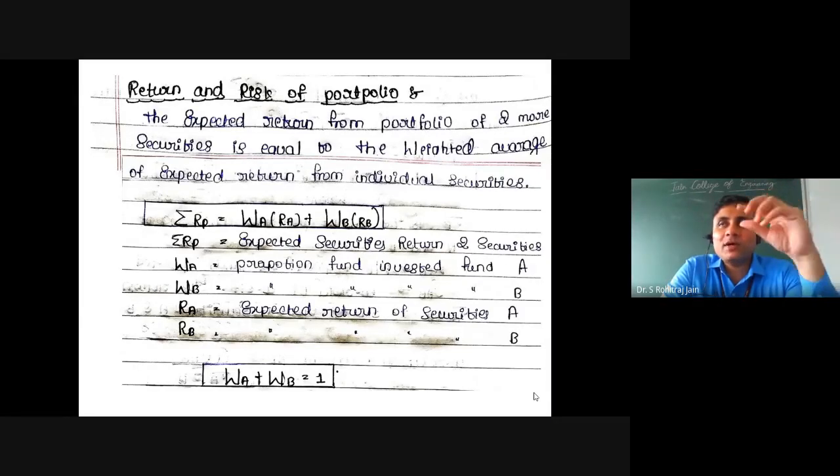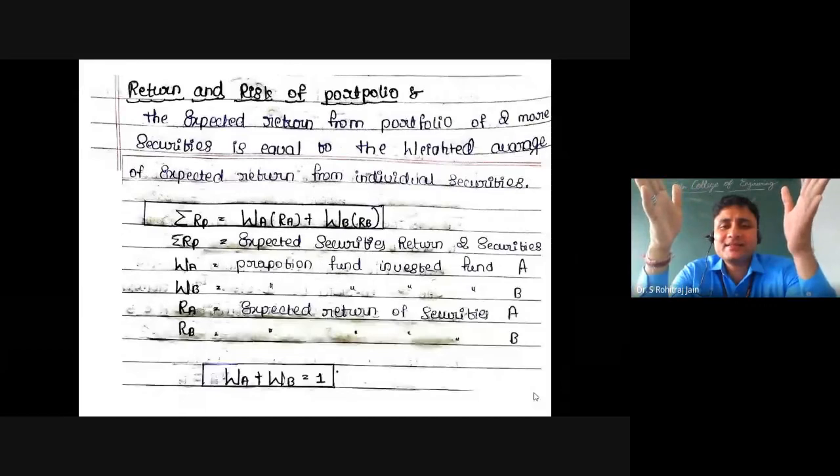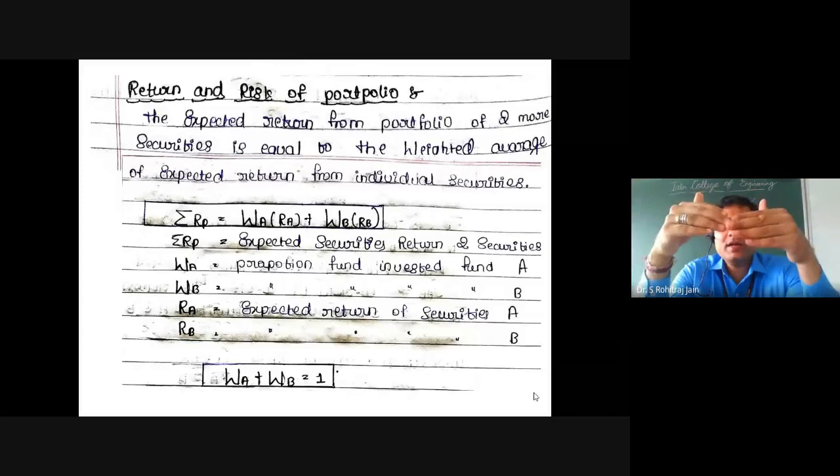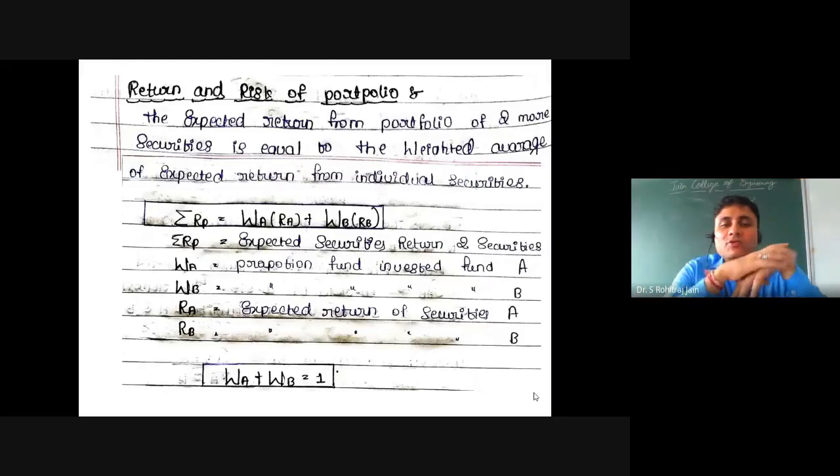Return of the portfolio and the risk of the portfolio. So when the weights are given, weights means what? Please understand, WA and WB are the proportion of funds to be invested in each security. Now, let me give an example to all of you. You have 2 stocks like Infosys and Wipro, right? So you will tell the broker, see, I have 1 lakh rupees. So in what proportion will you be investing in these 2 stocks? He will tell, okay, I'll be investing 50% in Infosys and 50% in Wipro.